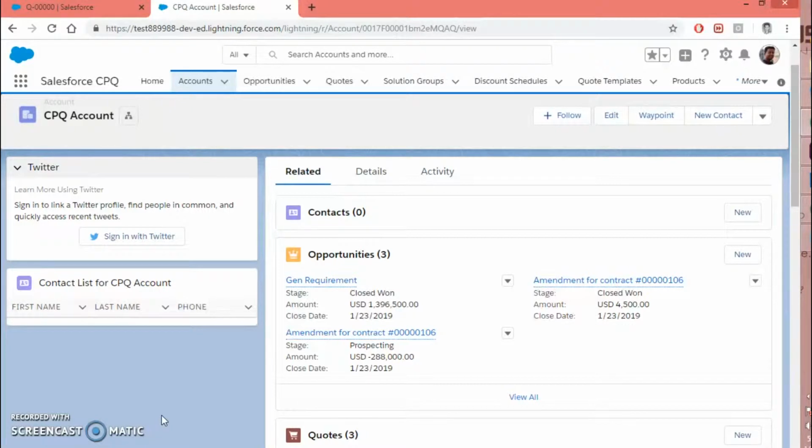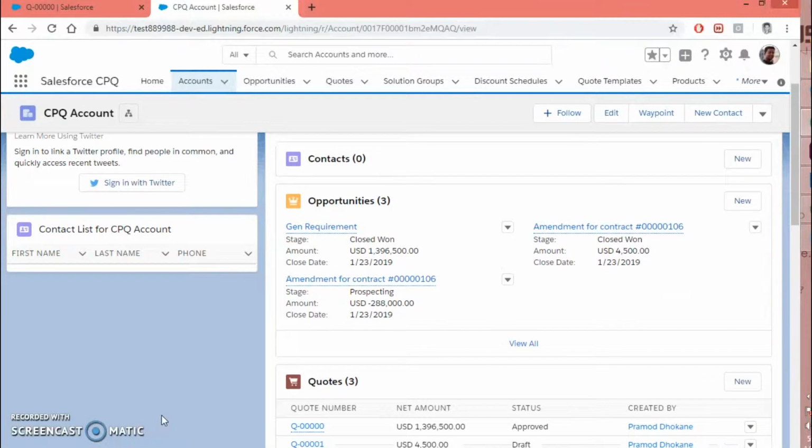If it is there, then it will pick the price and put it into the special price field of the quote line, and that will be applicable in all terms like renewals and amendments. So the same contracted price will be routed through each and every new quote created on the same account.